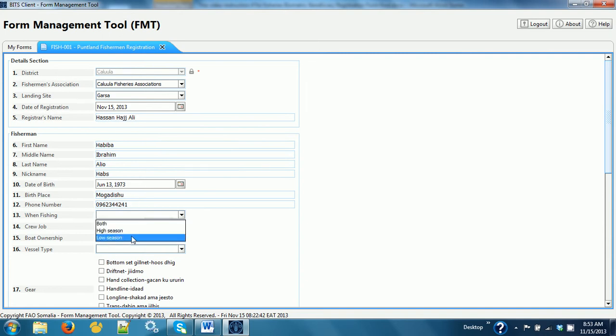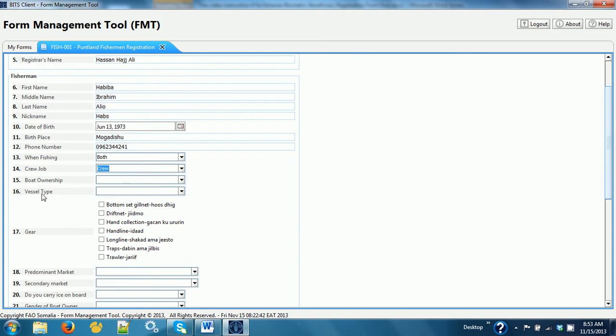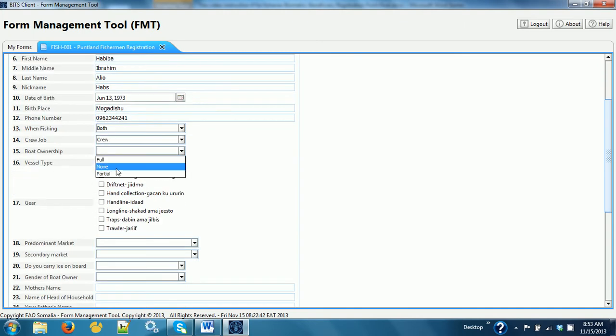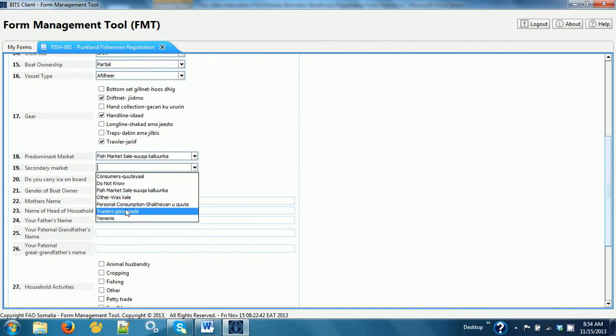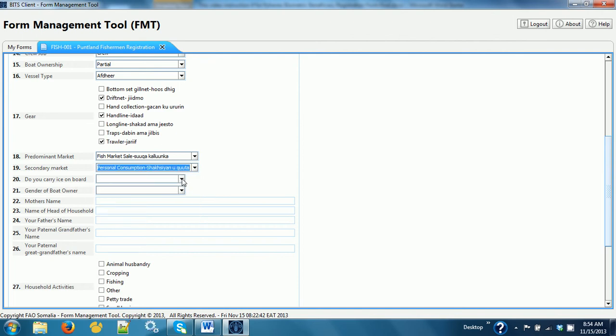when fishing, crew, boat ownership, vessel type, gear, predominant market, fish market, secondary market, do you carry ice on board, gender of the boat owner, mother's name,